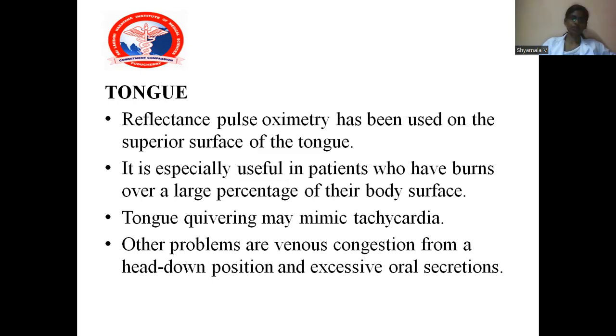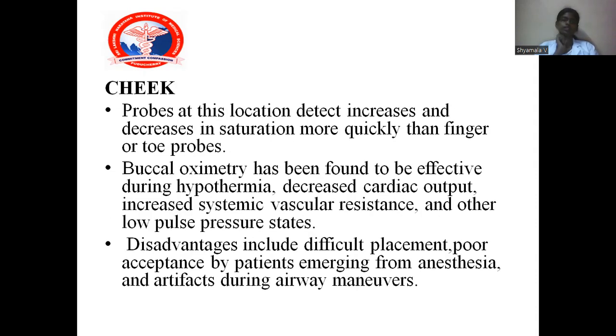Reflectance type of pulse oximetry has been used on the superior surface of the tongue. It is especially useful in patients who have burns over a large percentage of their body surface. The tongue clearing may mimic tachycardia. Other problems seen with placement of the probe over the tongue are venous congestion resulting from the head-down position and excessive oral secretions. Probes at the cheek detect increases or decreases in saturation more quickly as compared to the